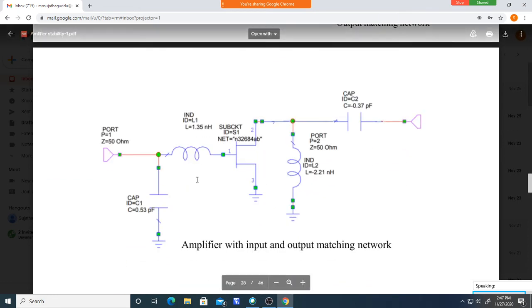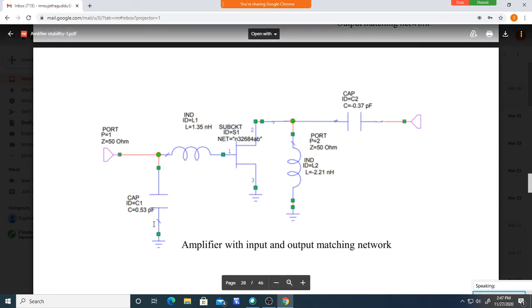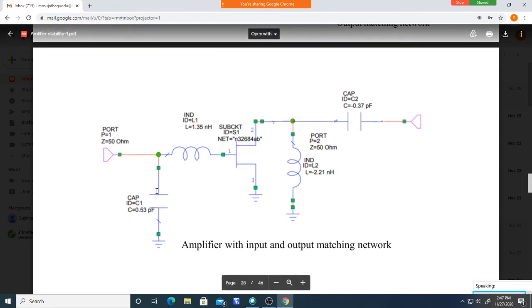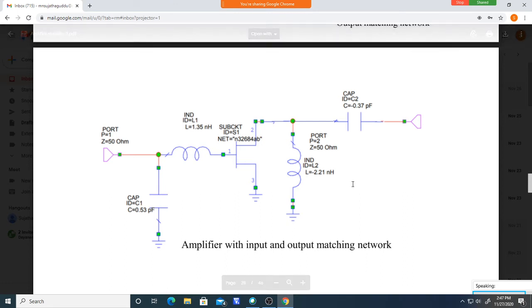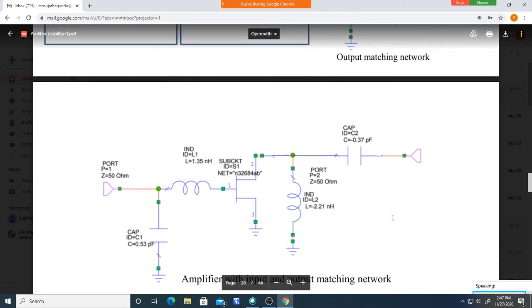So this is the final circuit. Okay, so here this input network we designed gives the 2 dB gain. This is a 0 dB gain. This is 13 dB gain. So 13 and this is 2 dB, 15, and this is 0 dB. So total gain is 15 dB for this amplifier. Okay. So like this is a complete design.